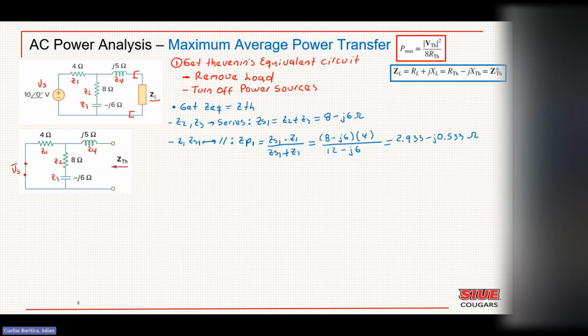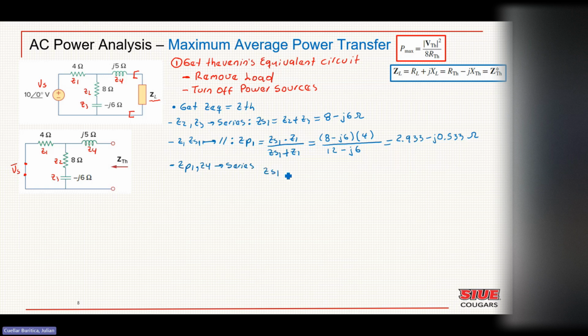What happened with C4? How is C4 connected with all these equivalents that we have here? Okay, then CP1 and C4 are in series. And because they are in series,